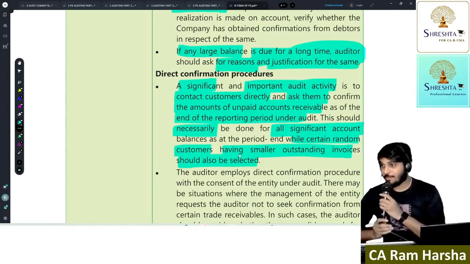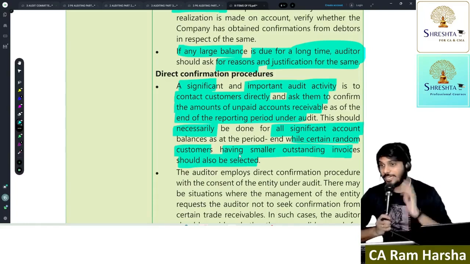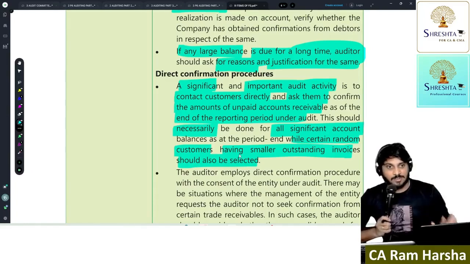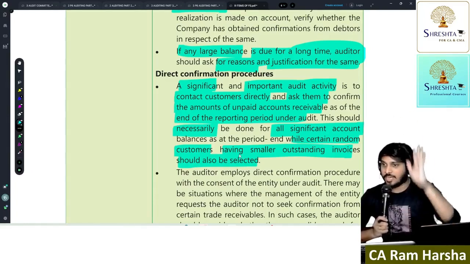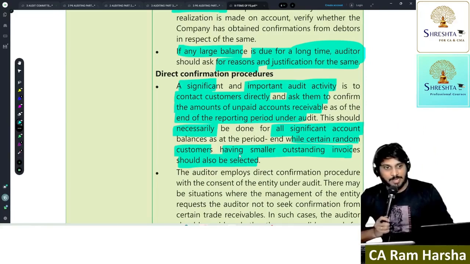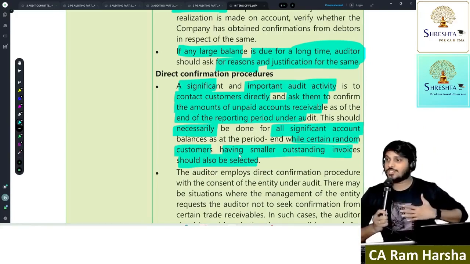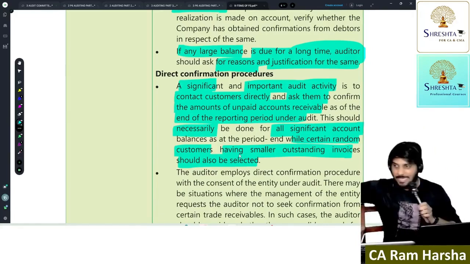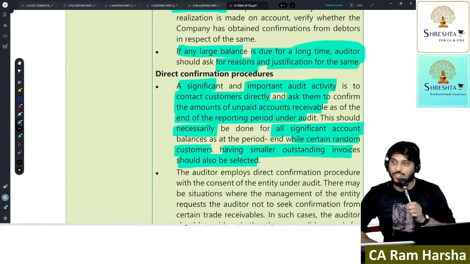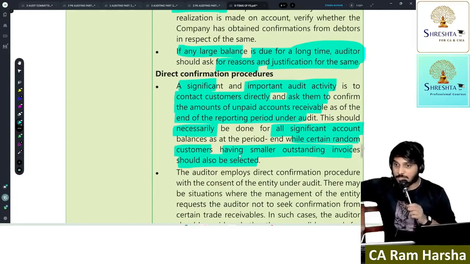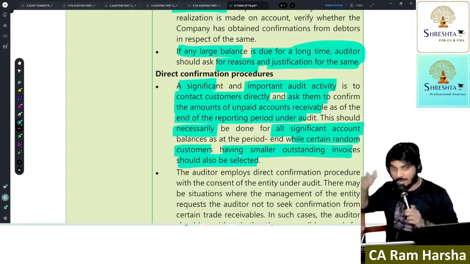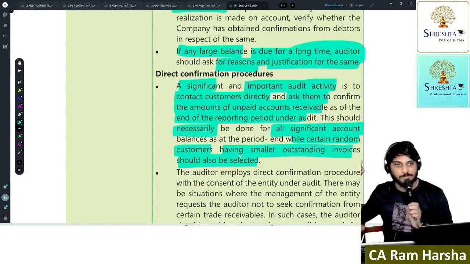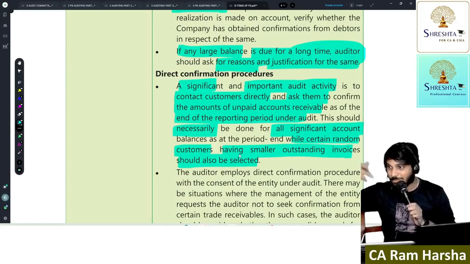Now tell me, between positive and negative format, which is superior? Positive is superior, because I'll have evidence. With negative, I sent a mail but he forgot to see it. He didn't check the mail. Four days over, five days over, I assume everything is matching, but in reality he didn't check. Actually the balance is materially misstated, and the mistake is in our client's books, not his books. The client is wrong, the third party is perfect, yet I will misinterpret it.